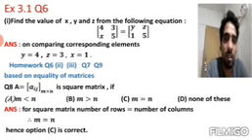Now question number 8. A equals Aij, of order m by n, is a square matrix. Four options are here. Option A, m is less than n. Option B, m is greater than n. Option C, m is equal to n, and D, none of these. We know that for a square matrix there is the same number of rows and the same number of columns. That's why m is equal to n, and hence option C is correct.